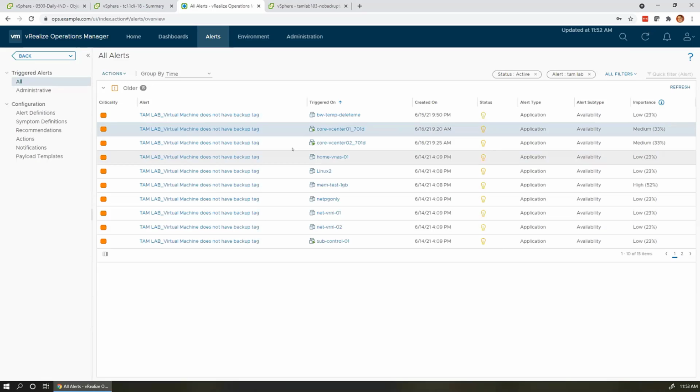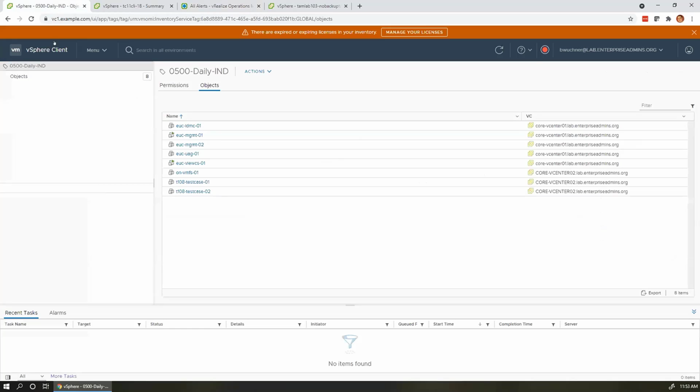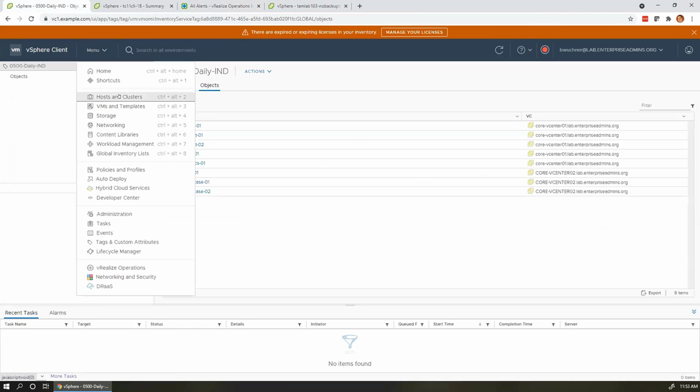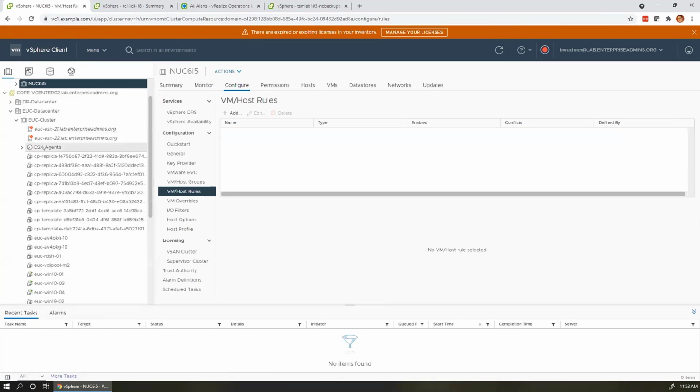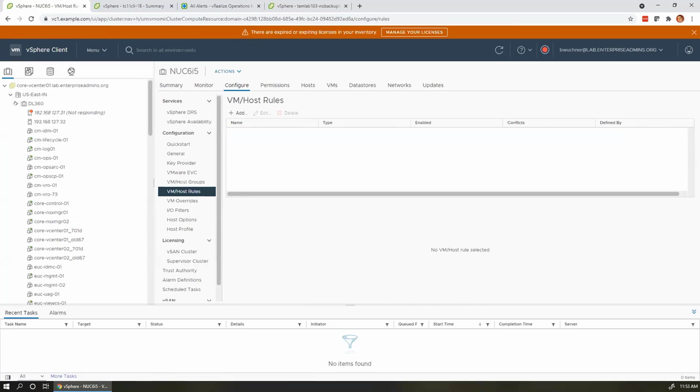And so, we could go into our inventory, we could see what the 6.7 version of this VM had and apply the tag to the 7.0 version. Or, we could say, oh, this is a vCenter, right? So we want to move to the file-based backup. And just put a tag on this VM that says it's excluded from backups, right? For example, right? And that's something I'm going to just go do real quick here, because